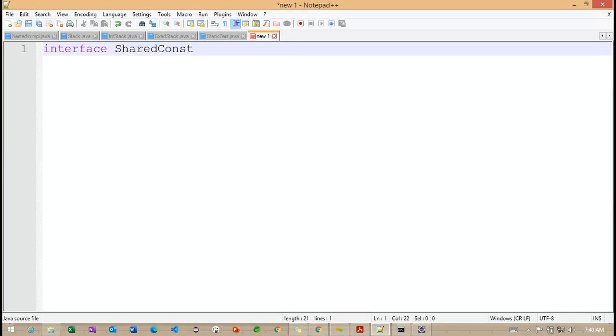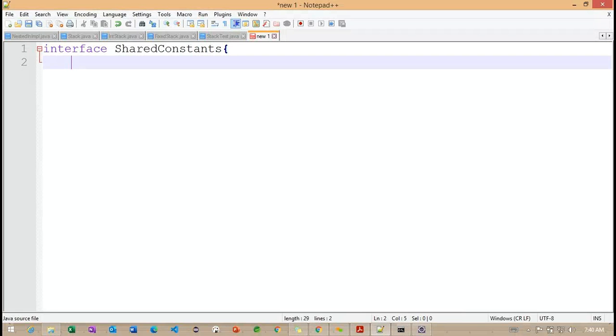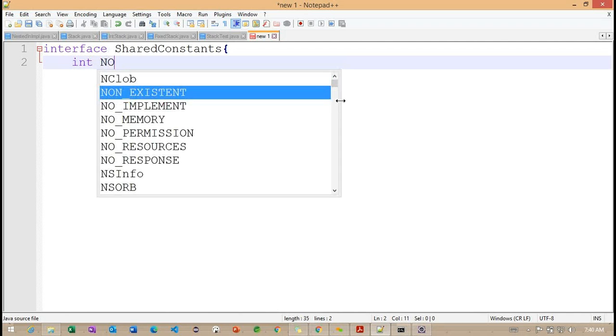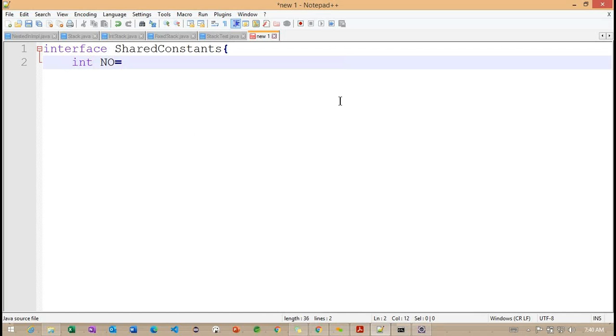I'm trying to work with the shared constants here. Right, so this is the name of the interface. And now I'm trying to work with the variables here.